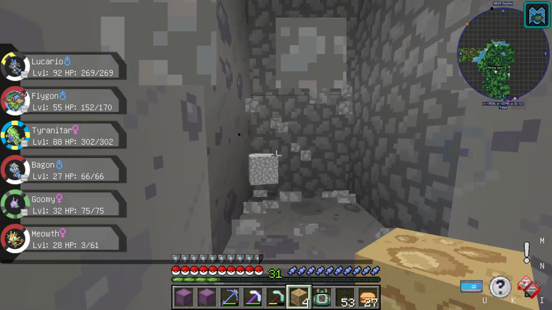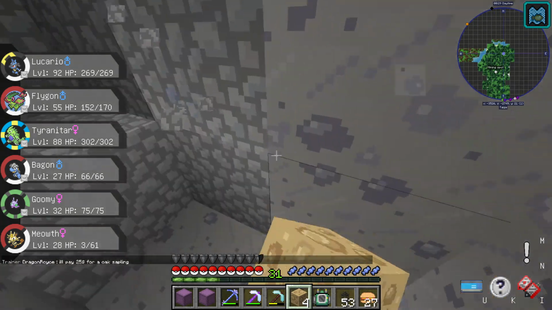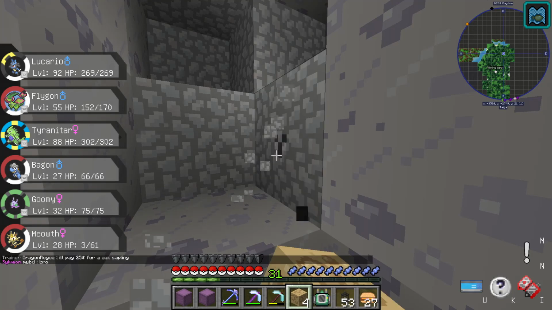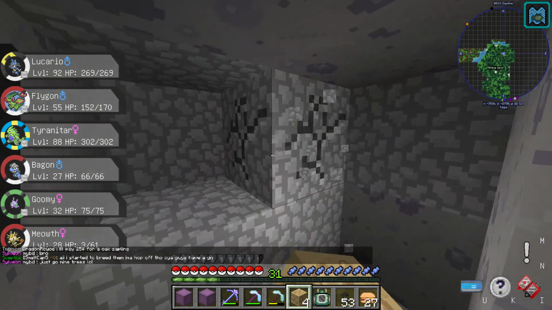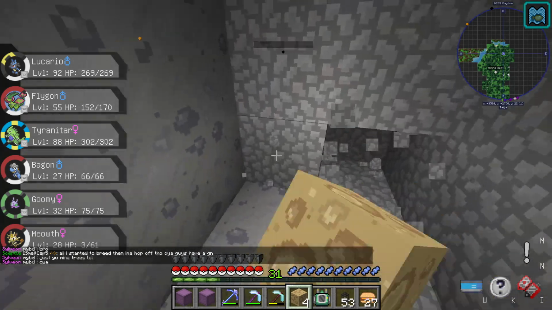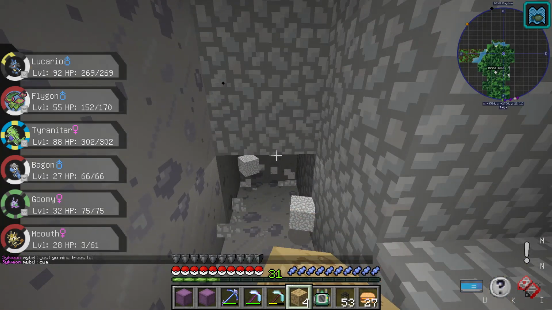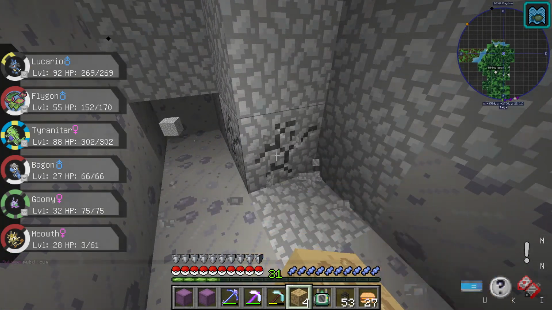See, I really, really want to look for some fossils right now, but I just know the chances of me finding them are so slim to none that it's almost heartbreaking. Like, if I find a fossil in a cave, that'd be a miracle. Although gravel does fall, so...